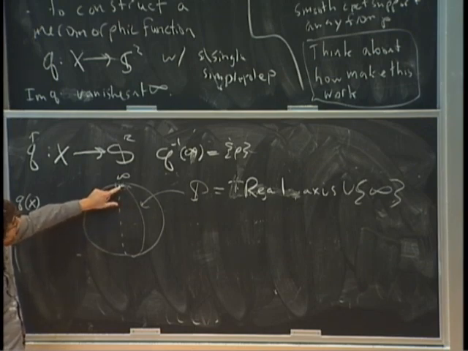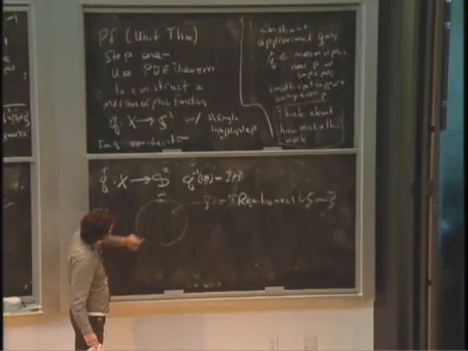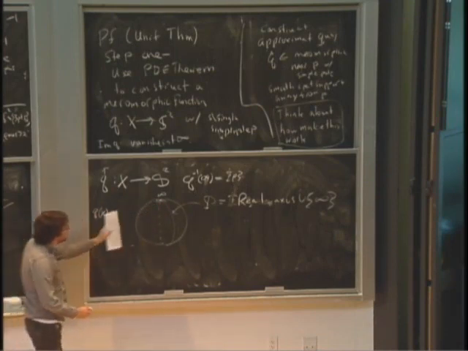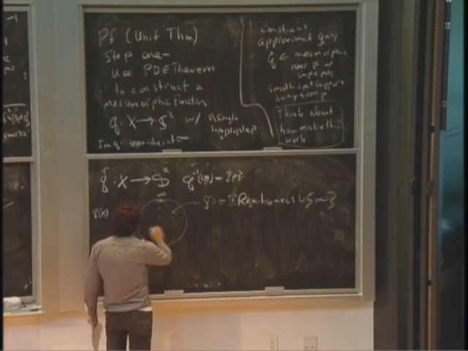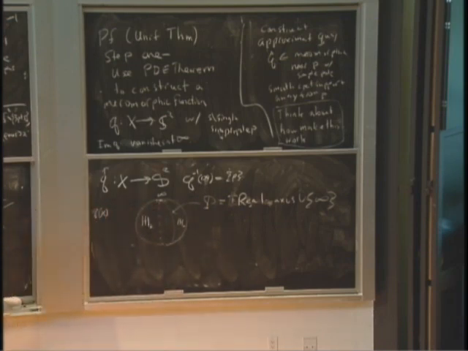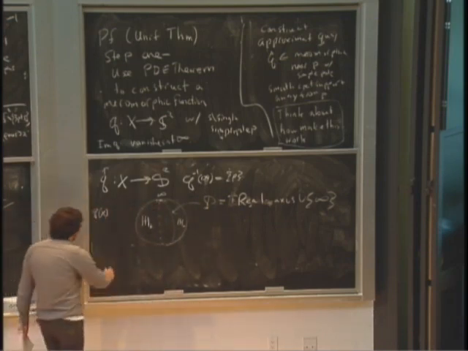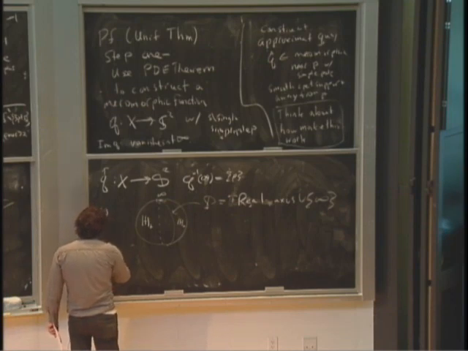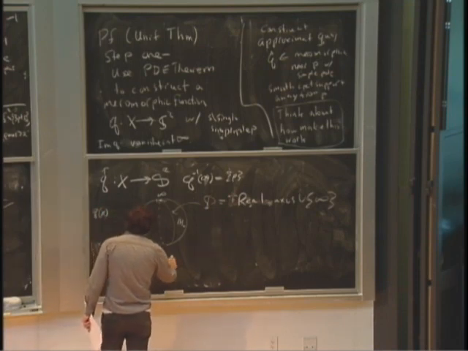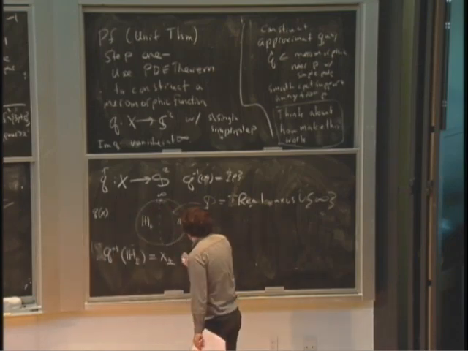Infinity, of course, has lots of points, so infinity is sort of allowed in some sense. So the idea is now we remove this real axis, and we can look at the H plus, the upper half space, and the H minus, the lower half space inside of Q. And so then inside of X, we consider the pre-images of these upper and lower half spaces. Right, so these are open,